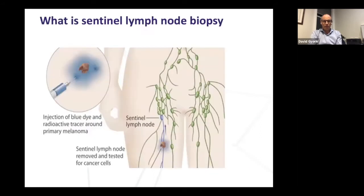The next important thing to talk about is sentinel lymph node biopsy. So what is this procedure? Basically, skin all over your body drains to lymph nodes. What do lymph nodes do? Lymph nodes look after that part of your skin. If an organism or a bacteria gets in through the skin, the lymph node is where your immune system sees that